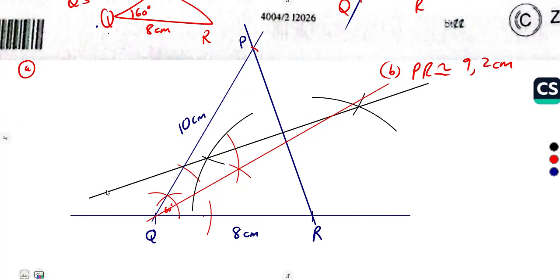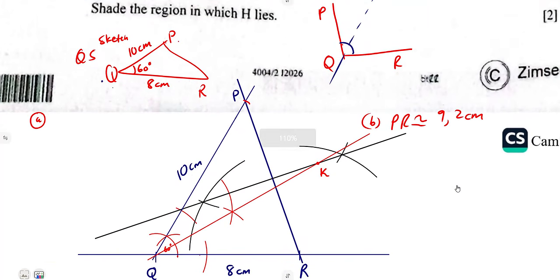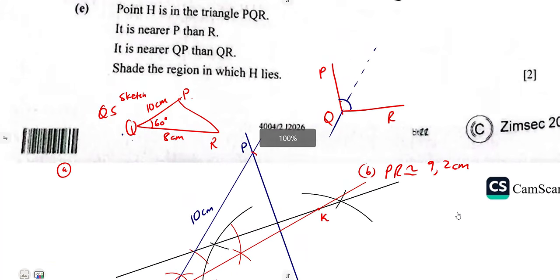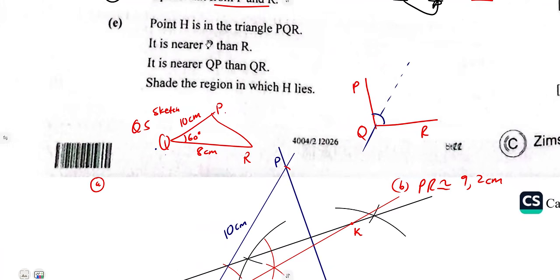So where are these two gonna meet, the one in black and this one in red? They meet at a certain point here. Where they meet, you mark a point, indicate as K. That was what you're given. Then on the other hand, we are given the point H is inside the